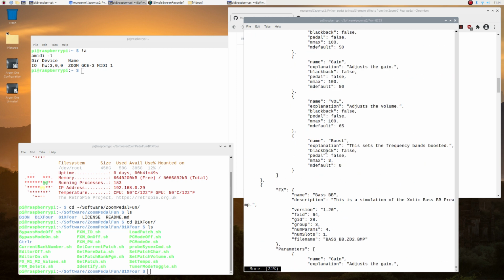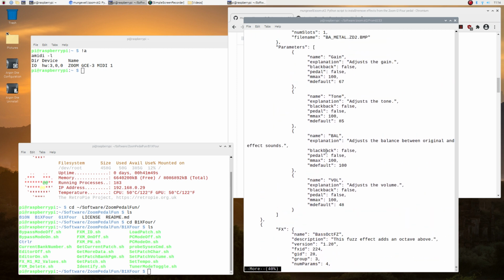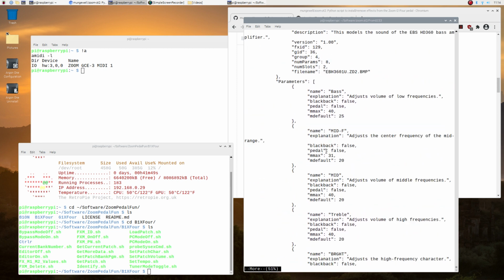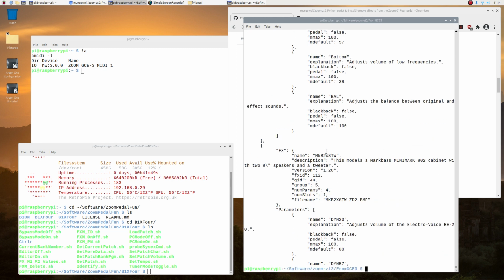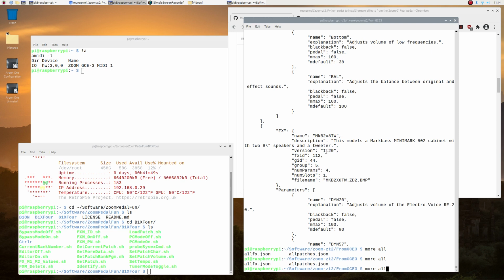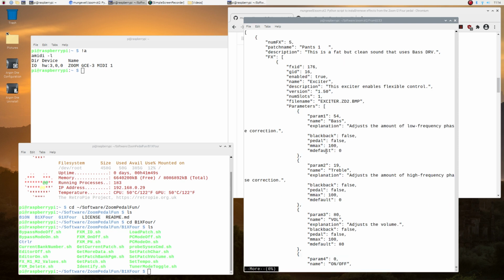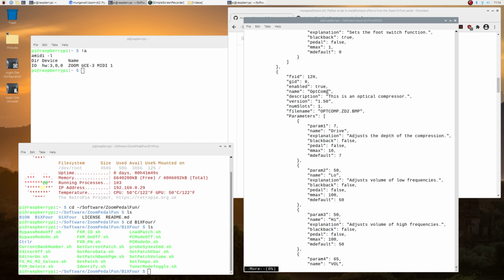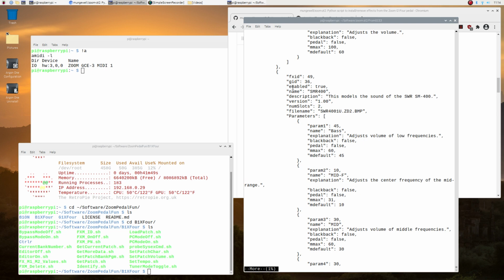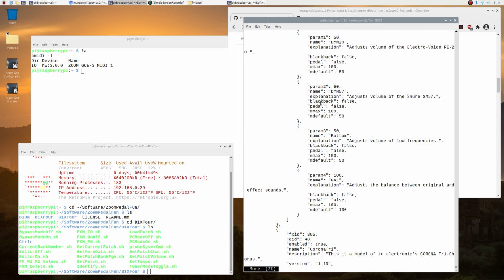So we've got all that with all of the MIDI parameters. At one point, I know we can get the actual display parameters. There is a way I found to do that. But here's the really kinky thing. Now we look at all patches there are, and can you see pants 1 is the name of the patch. So there are 5 FX in it. This is a fat, clean, use bass drive. Exciter. So this is all what I show in the other video when I edit it. I had to reinstall Kdenlive on here because again I had to reinstall a system on this Pi, and you see all of the information is there, yeah.